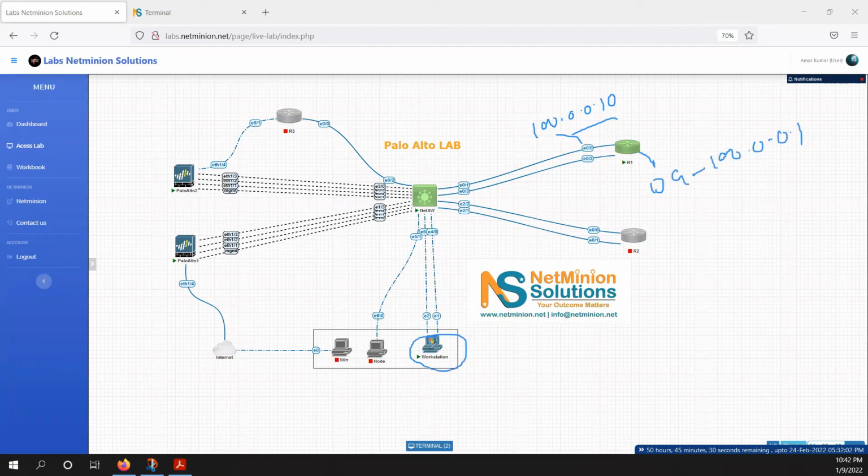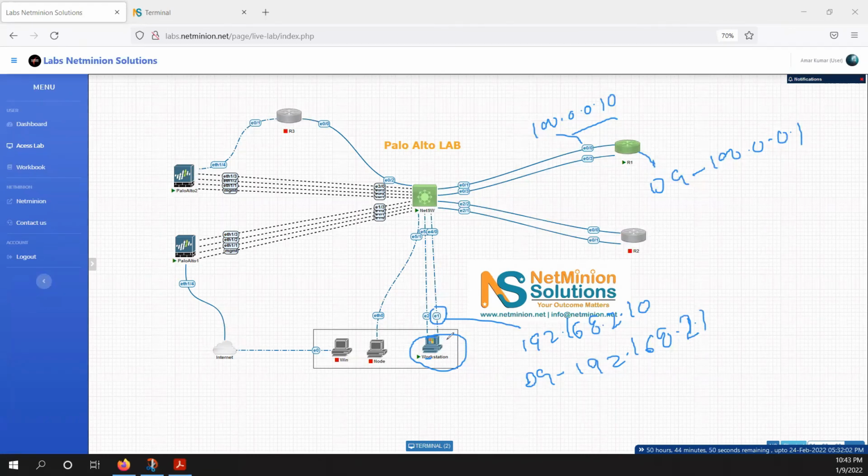On this workstation, another interface, Ethernet 1, I can use as an internal. On this interface, I'm going to assign another IP, 192.168.2.10, and the default gateway for this workstation would be 192.168.2.1. From here, I would generate the traffic to this router.